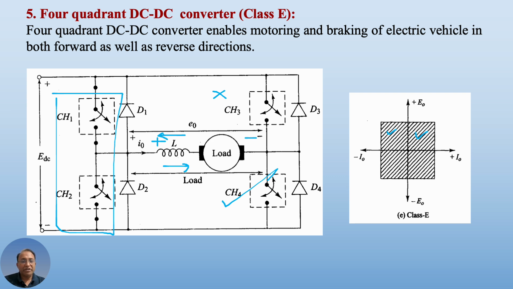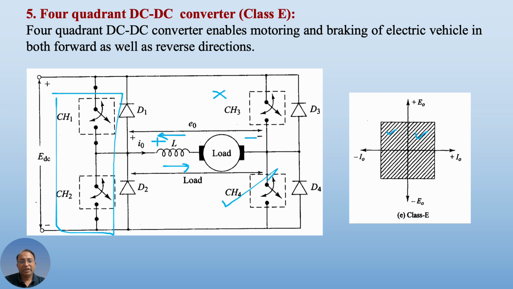So current is reversible and voltage has only one polarity across the motor, that is positive, indicated here by plus and minus. So this is the first and second quadrant, voltage positive and current reversible. Current will be positive when CH1 operates, current will be negative when CH2 operates, and the energy is fed